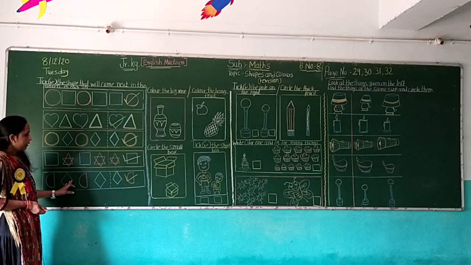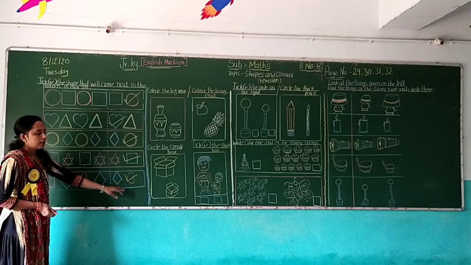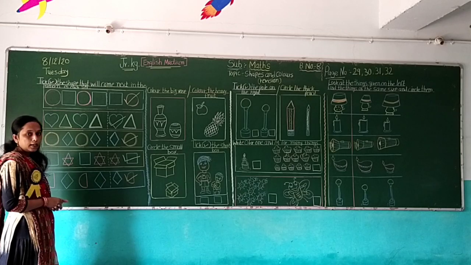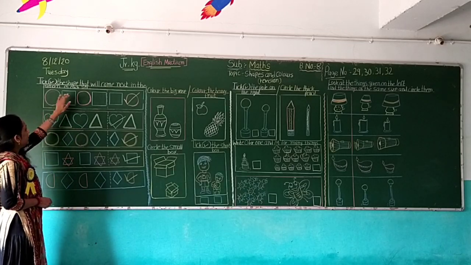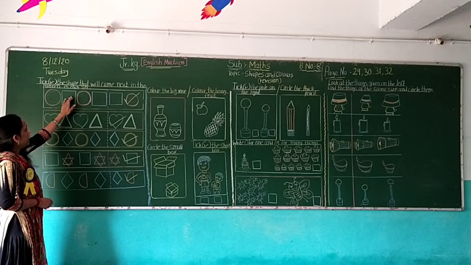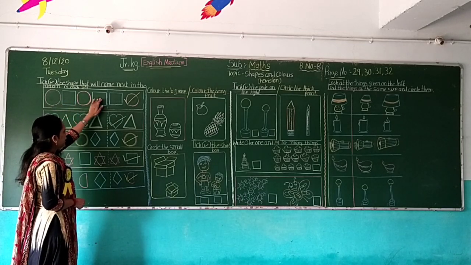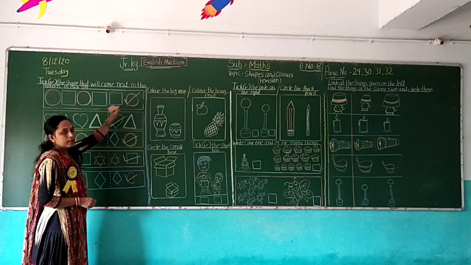Semicircle, diamond. Semicircle, diamond. Then after semicircle. So here we tick. Okay. Repeat again one more time. Which shape is this? Circle. After circle, square. After square, circle. So here we tick correct circle shape.